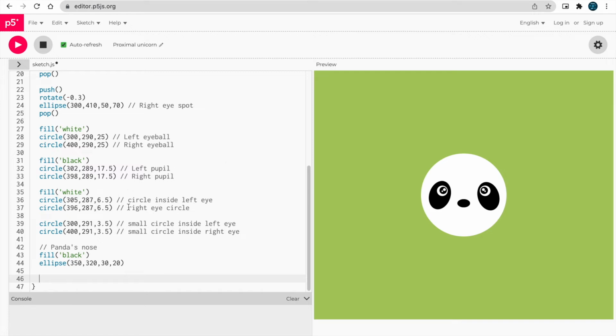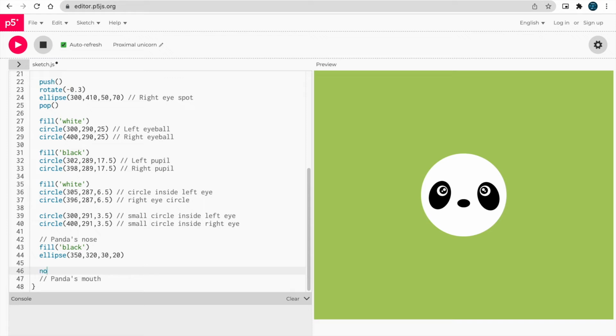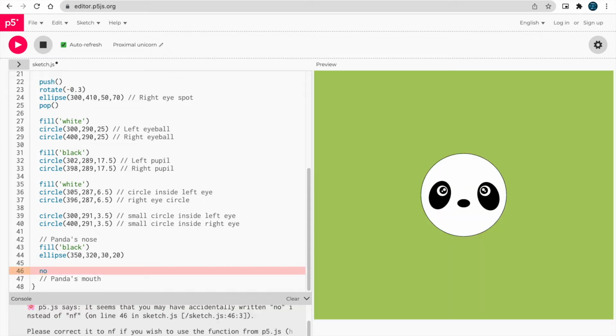Let's add some mouth to it. So panda's mouth. We don't want to fill the mouth. We will be painting the mouth with the arc command, so let's write no fill first.